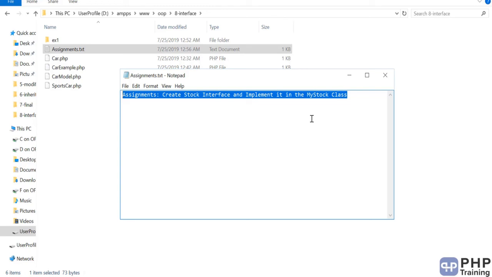Okay, so I'll leave you with the logical code, but try to implement the learnings that you have done, how to define an interface, how to implement that interface, how do you define the methods in the interface, and how do you implement them in the class. Okay, using all those learnings that you have done, come up with this assignment and do submit it to me. Then I'll make a review and I'll give you my feedback to you. All right, all the best for your assignment, and I'll see you in the next one.